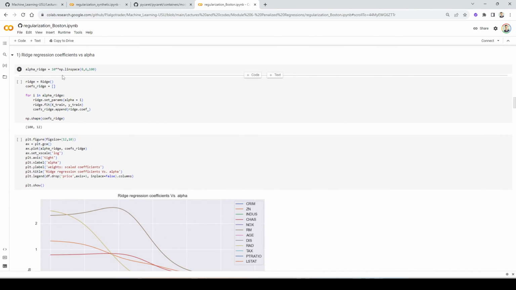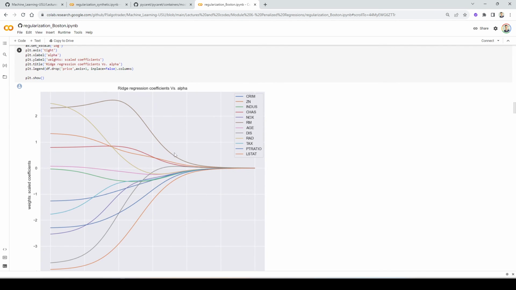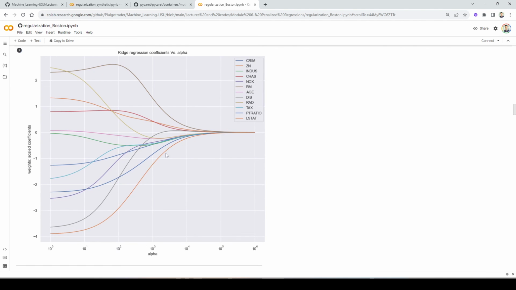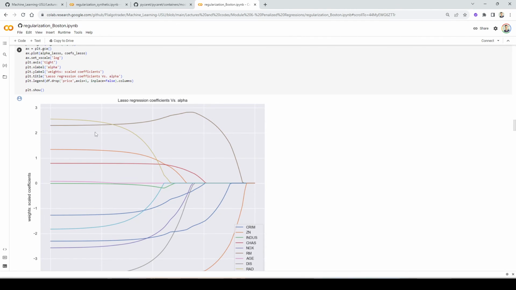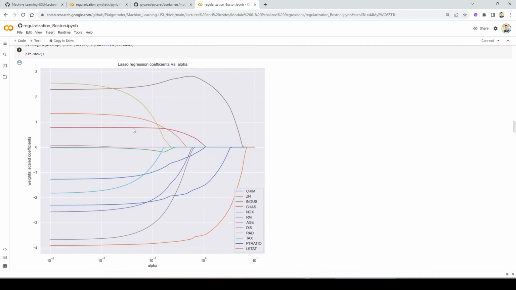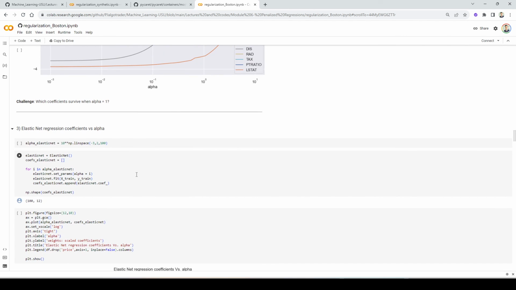Then we're going to find the optimal value. Well, we're going to plot the coefficient path for ridge. This is the coefficient path for ridge. I have, I think, 12 features, 11 or 12, yeah. And this is how it's going to look. Our next job is to use ridge cross-validation to find the optimal value of alpha. We're going to do the exact same thing for lasso. This is the coefficient path for lasso. And then finally, the coefficient path for